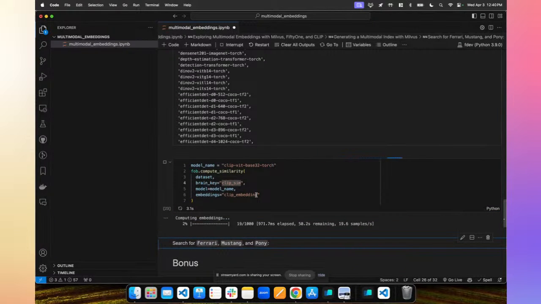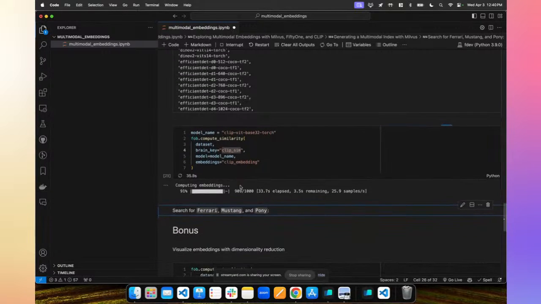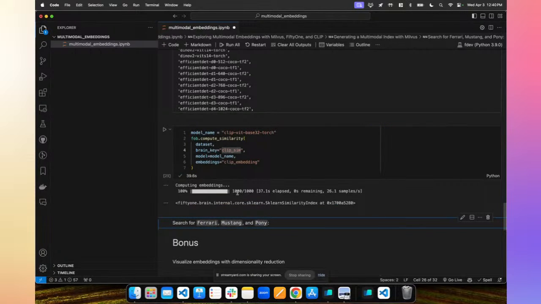So here we're going to do this. We're going to generate some embeddings. It should be faster for you, again, if you're using a GPU runtime on Colab. Should be pretty quick regardless, though. This is why we only had 1,000 samples. Of course, 1,000 samples doesn't show the true power of the vector database, Milvus. Milvus is great with many, many orders of magnitude more samples than this, but this is just a demo to show you how these types of things work and how you can get started exploring your data with multimodal embeddings. So this is finishing up, and we generated this.